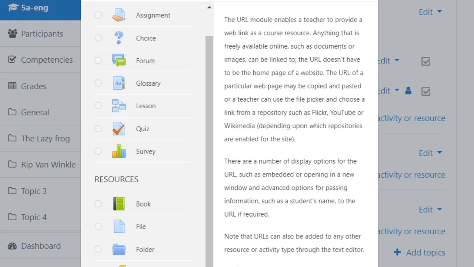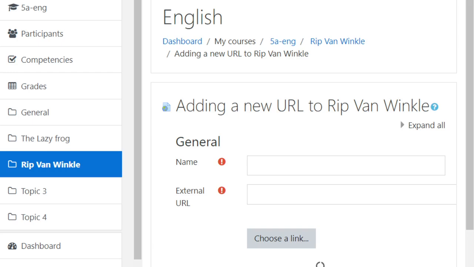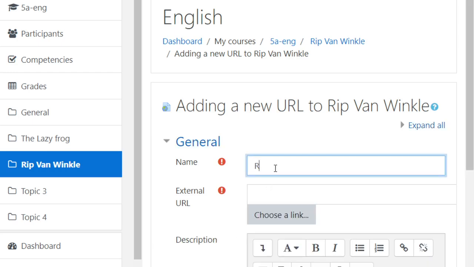Okay, now when you add, at that time the URL window will appear in front of you. There what you will write, again, if you want to write the name for which URL, it is a Rip Van Winkle video or another supporting video you want to give, that also is possible. So that you can write there how it is going to be. It can be an OBS video also, that's fine.